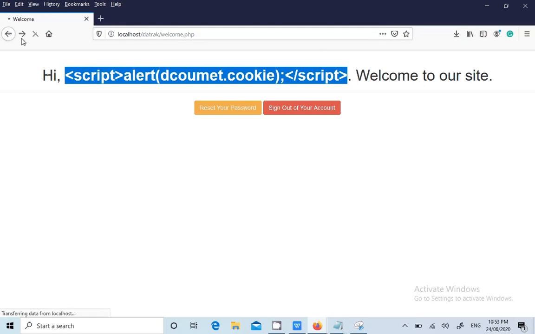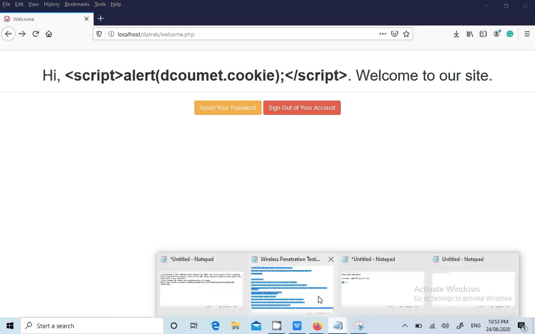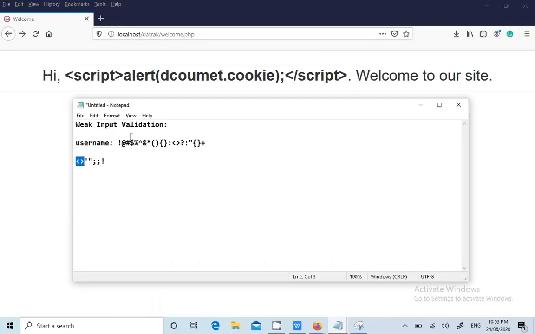For example, if there is a search page, try to enter all these characters for the search and see, like, if the same keywords are written in the response without any encryption, then you have to raise as weak input validation. And what is the recommendation you're gonna give to the developers? Make sure that the input form fields are validated for the type, range, format, length.